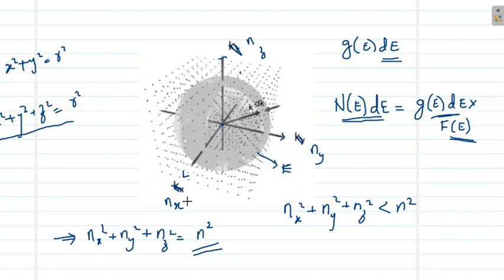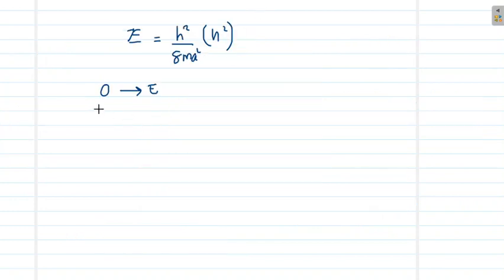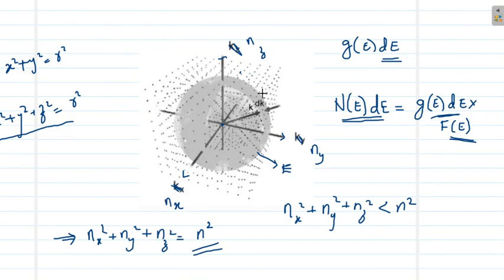Volume is larger for the sphere means the energy within which we are considering the points is just larger, and there are more number of states inside that energy or below that energy. So in order to find the number of states within this energy range 0 to E, all we need to consider is the volume of this sphere.